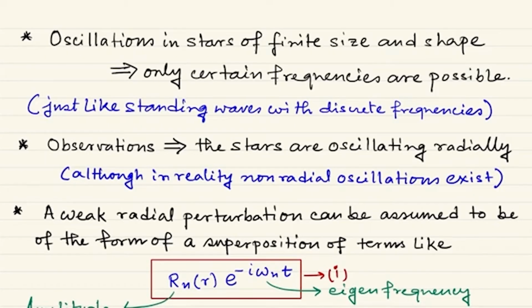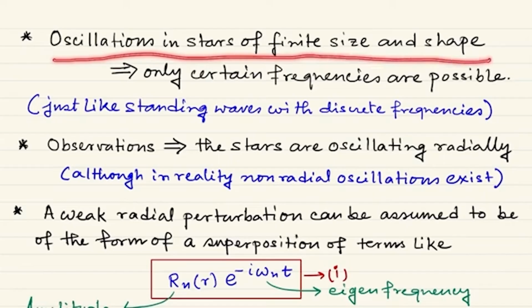What should be the fluid property of that star, so that if a weak perturbation is made to the star's equilibrium configuration or some initial steady configuration, when should it be unstable and when should it be stable? First let us start the theoretical part by considering that oscillations in stars of finite size